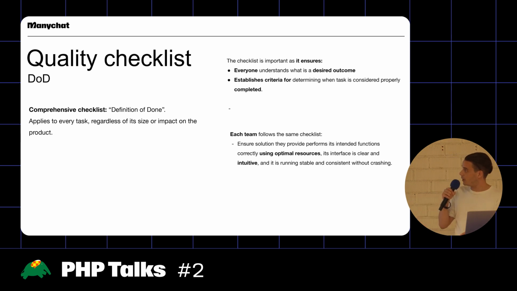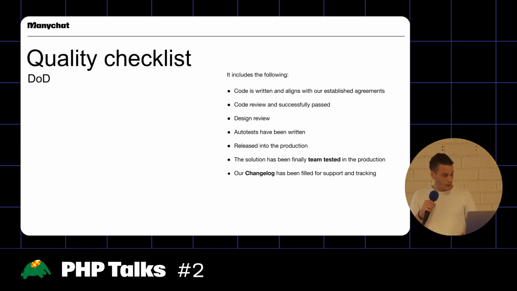Let's take a look at the actual checklist. The code is written according to our established requirements. So we're talking about code style, certain performance considerations, but it might also be about reusing certain approaches that are already present in the code base instead of reinventing the wheel. Of course, we have a code review that has been passed, and if there is discussion in the team, it might be best to jump on a call so we can solve it synchronously and as fast as possible if there is a large discussion. The design has been reviewed, and of course, we also have automated integration and unit tests present.